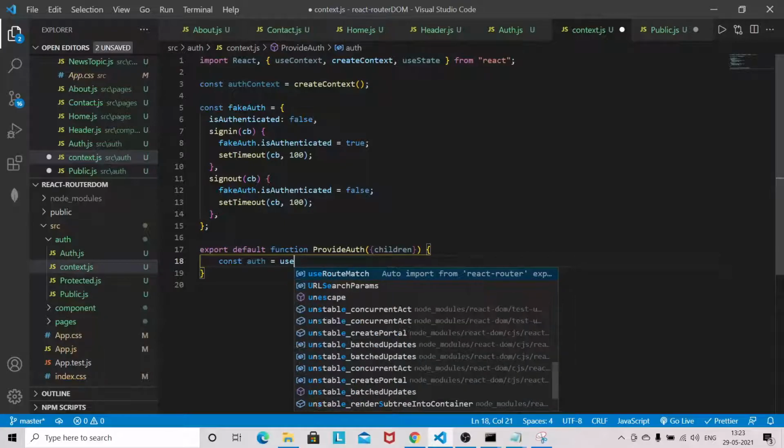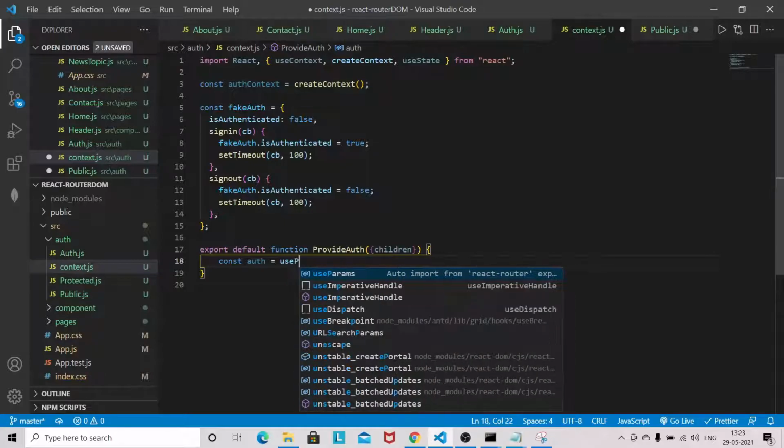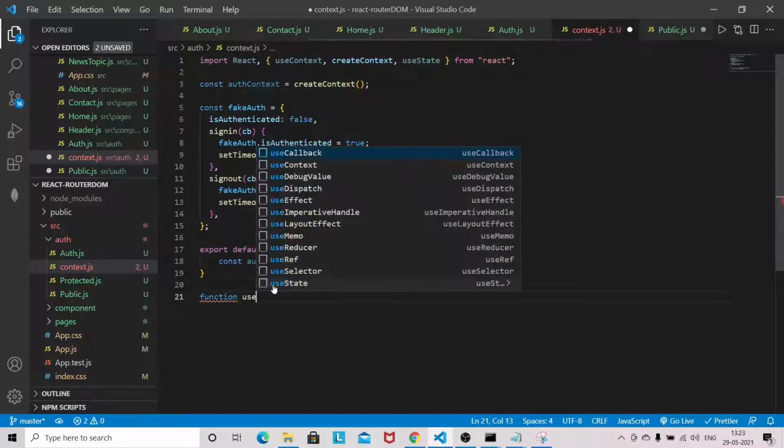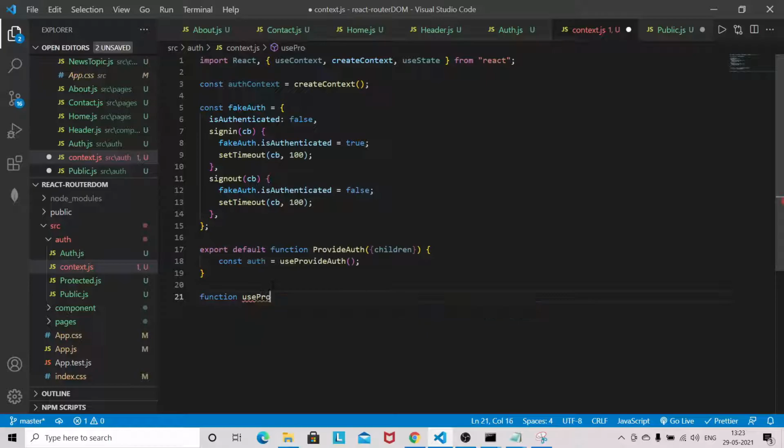It is a custom kind of hook. Okay, custom hooks. So we will create it now. First create this one. I'll use the regular function useProvideAuth.